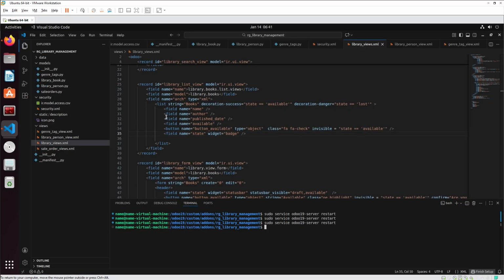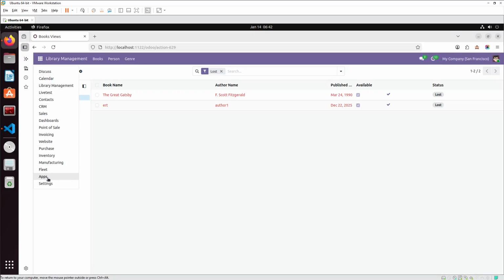What I'll do, I'll simply go to the code. Here, as you can see, I have already added in the list view decoration success and decoration danger with a certain condition. I'll simply copy that and paste it in our field. What it will do: if the status is available, it will show in green color. If it is in lost state, it will show in red color, and if it is in draft state, it will show as white color. Now I'll simply restart my server, go to the apps,